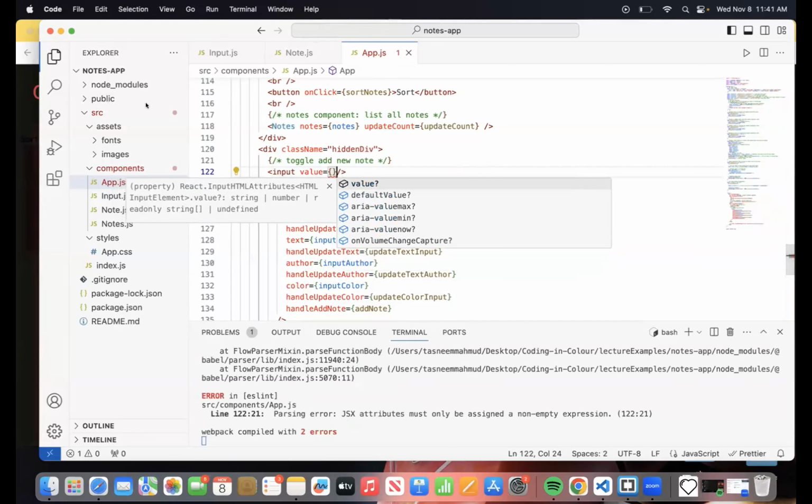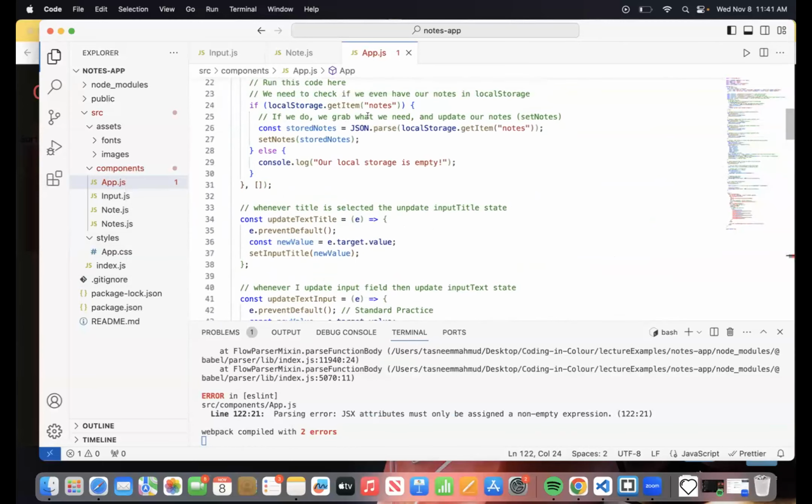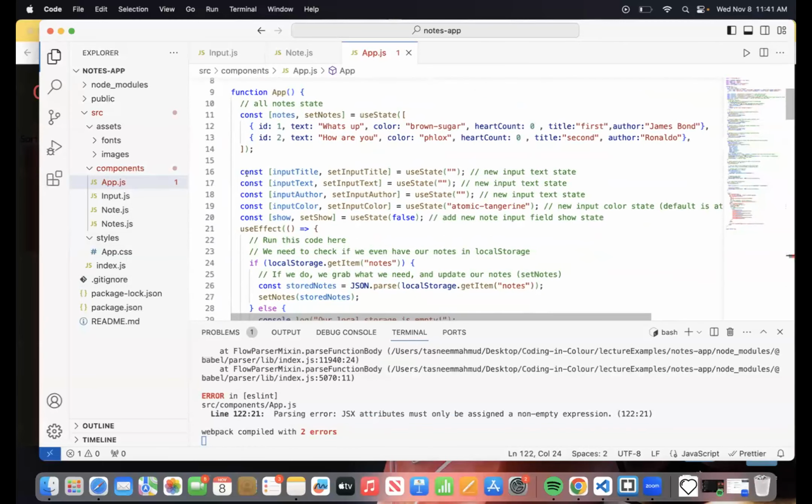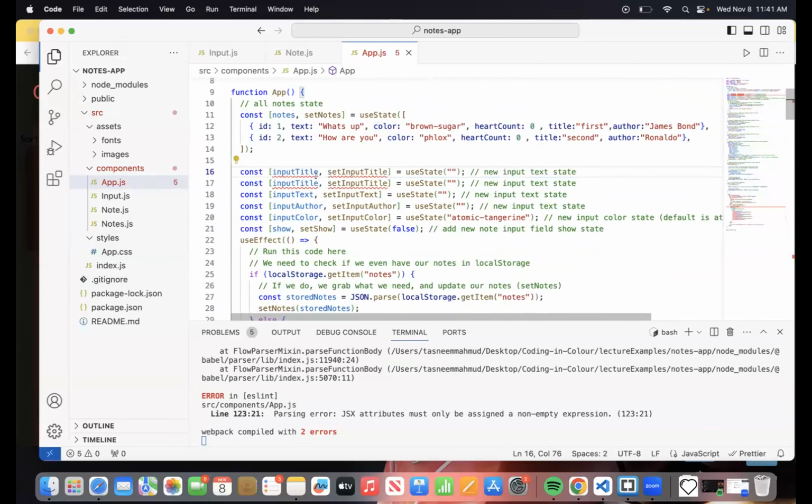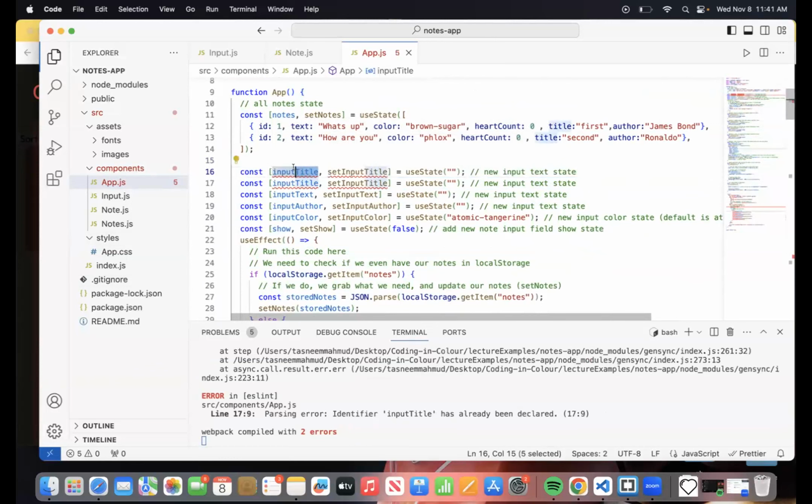I think I need to declare a variable first. Before I do that, let me create a variable so that later on when I'm using the search option, it's easier for me. I'm going to do the same. Let me call this input search, and in this, I'm going to change this to input search as well.